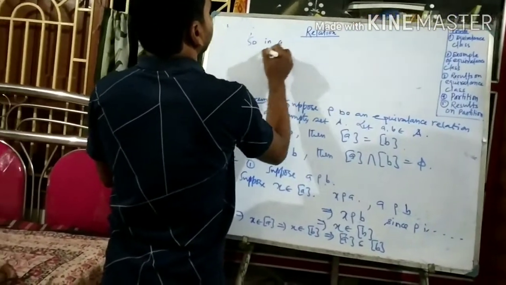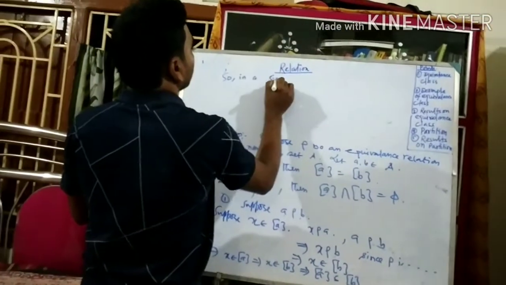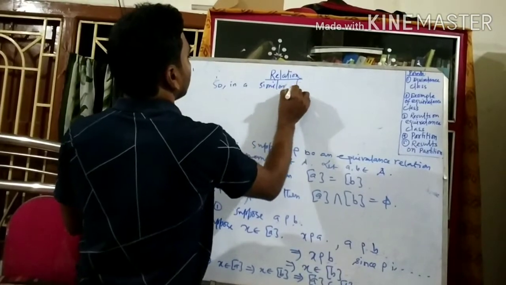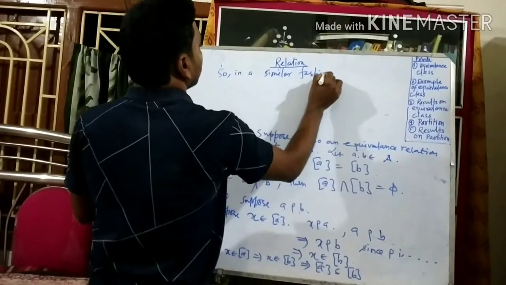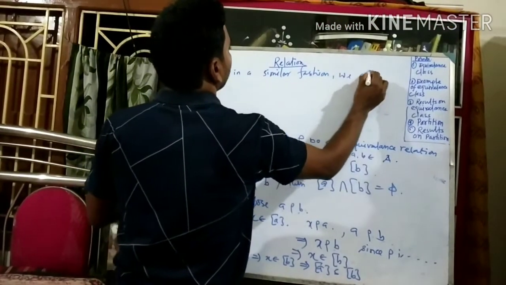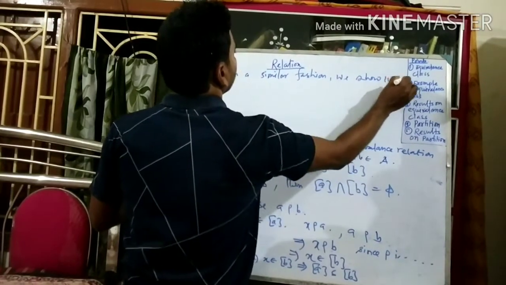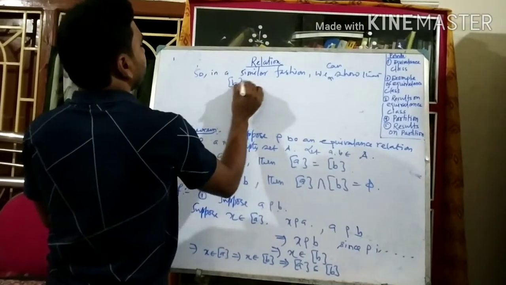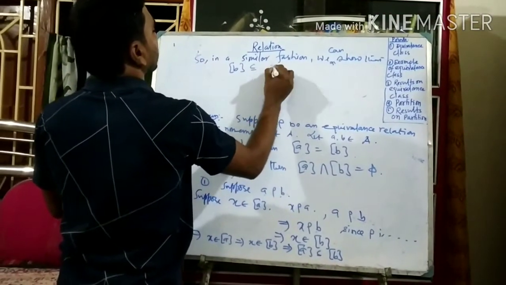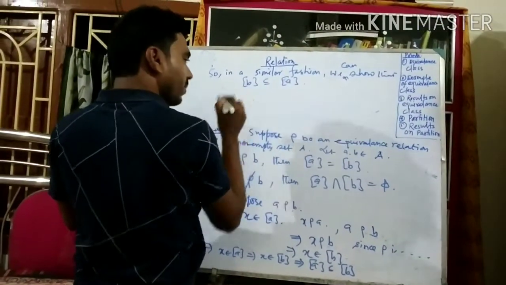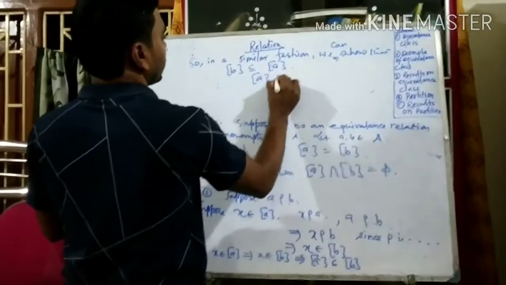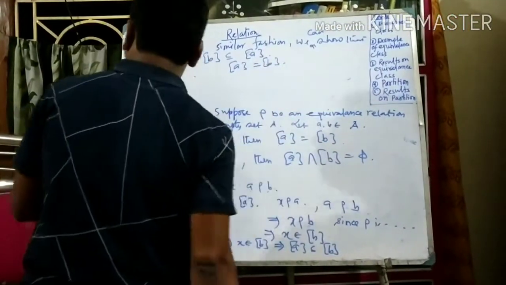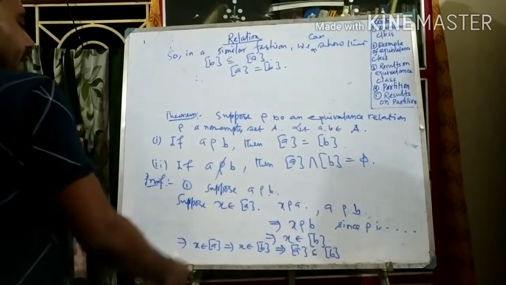in a similar way we show that class B is a subset of class A, and therefore class A is equal to class B. Class of A is equal to class of B. Next one,